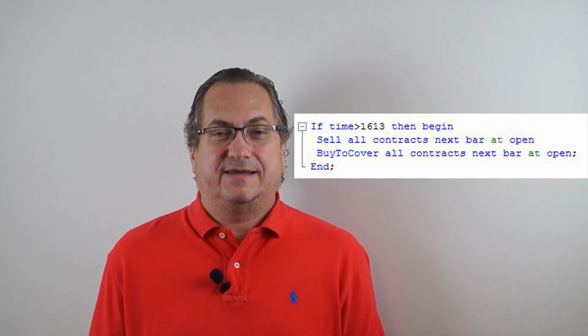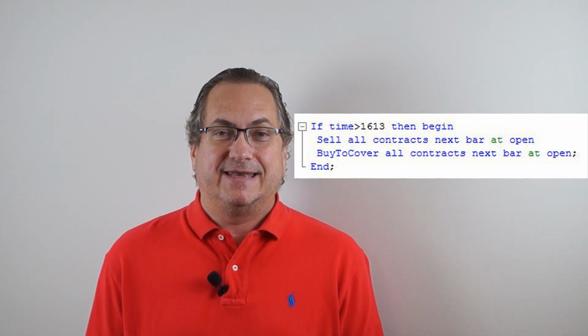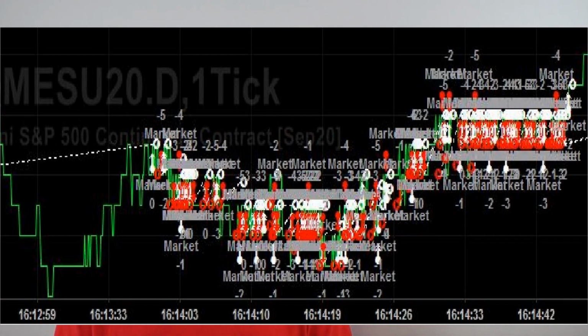And when I wrote the code for this strategy, one of the things I did was put some special code at the bottom to make sure I was out of all positions by the end of the day. Turns out that caused my problem, which I'll explain in a minute. So I've been running this strategy for a couple weeks, and it's been running fine. It's been exiting and entering fine, and like I said, it's usually about 6 trades a day. But yesterday, at 1 minute before the close, the strategy just started sending orders like crazy,